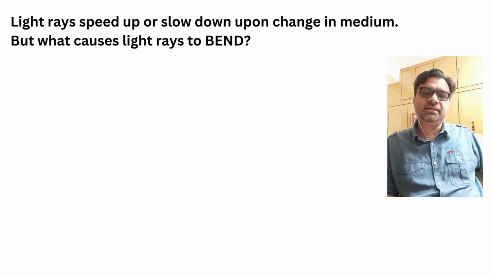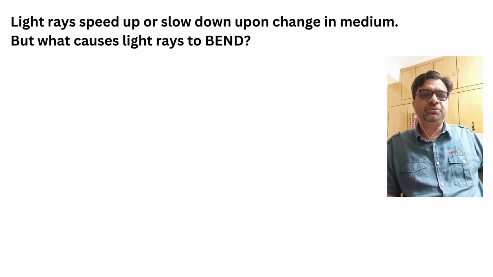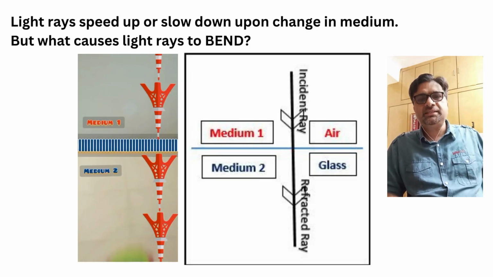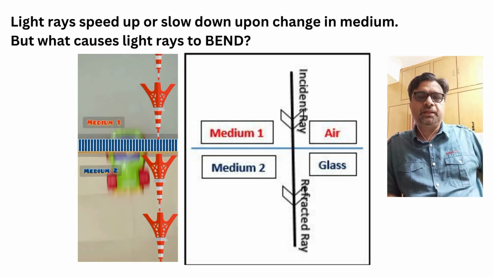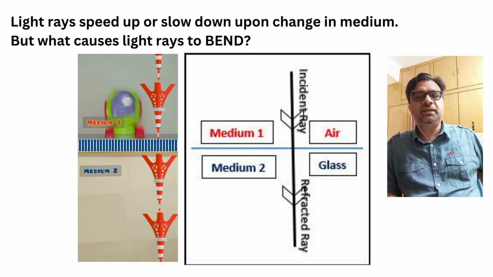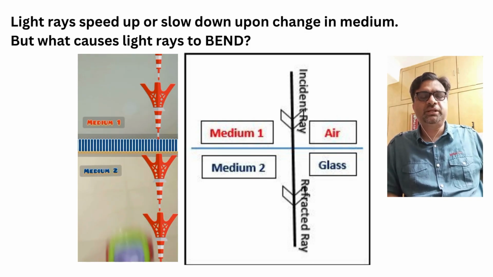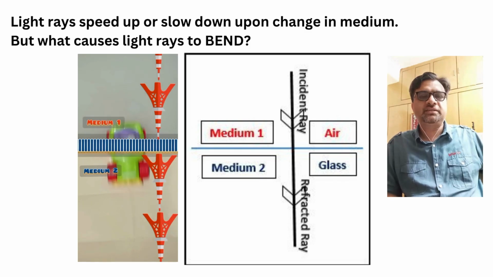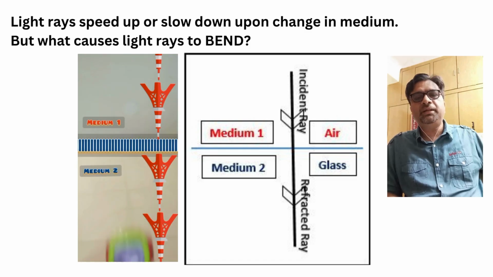Now let us consider another setup, when the car is traveling from medium 1 to medium 2 straight on. Now in this case, you would see that the car slows down in medium 2, but there is no turning that happens. And this is exactly the scenario we are very familiar with when it comes to light. When the angle of incidence is 0, the angle of refraction is 0 as well. So light slows down. Yes, in medium 2 it slows down for sure, but there is no bending effect